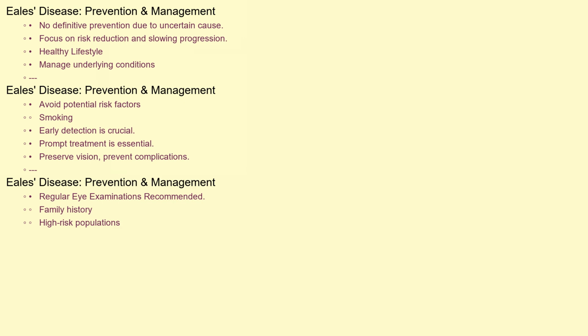Currently, there is no known way to definitively prevent Eales disease, given the uncertainty surrounding its exact cause. However, maintaining a healthy lifestyle, managing underlying health conditions, and avoiding potential risk factors such as smoking may help reduce the risk of developing the disease or slow its progression. Early detection and prompt treatment are crucial for preserving vision and preventing long-term complications. Regular eye examinations are highly recommended, especially for individuals with a family history of the disease or those belonging to